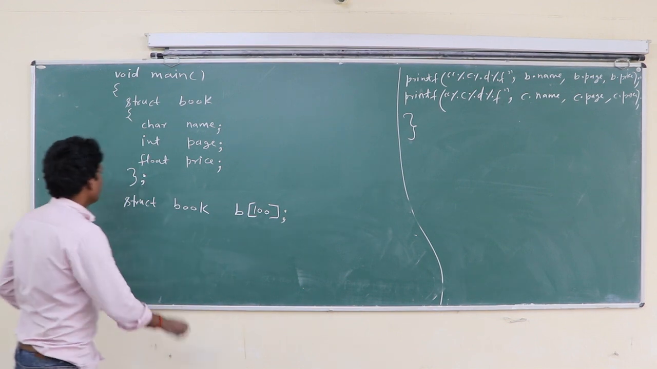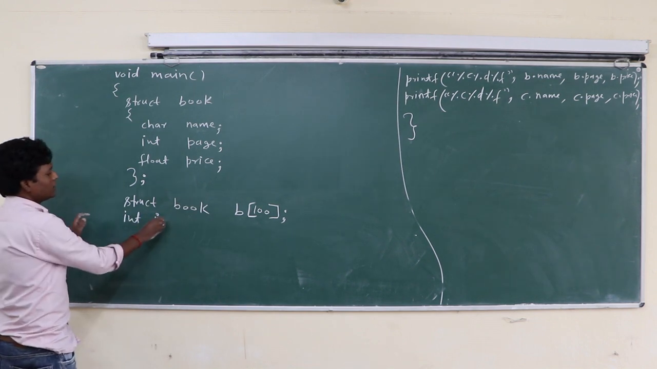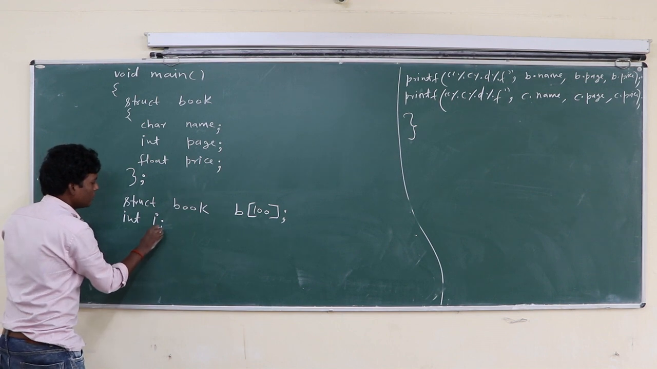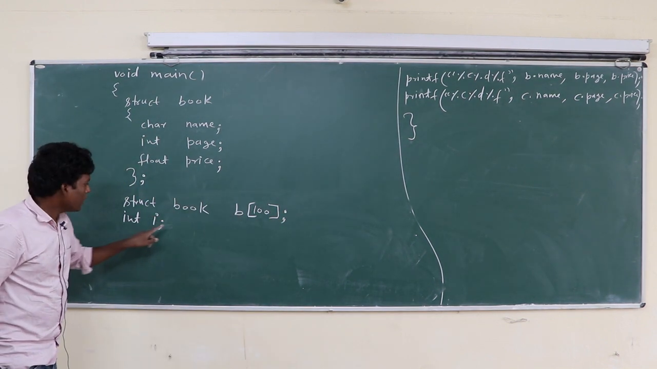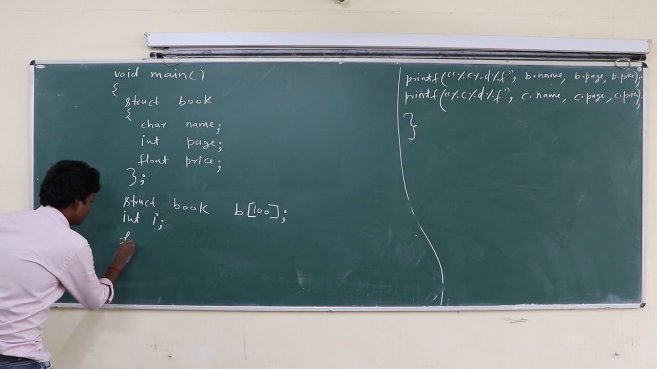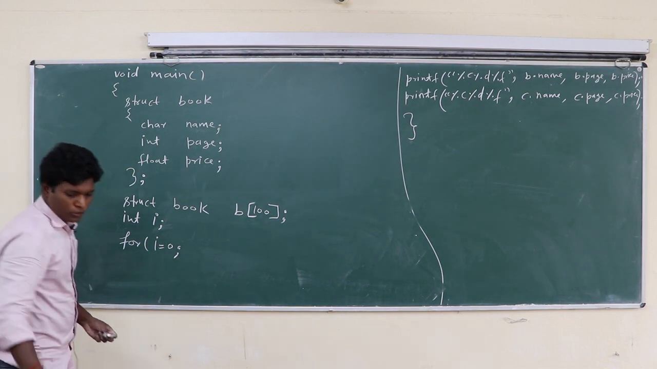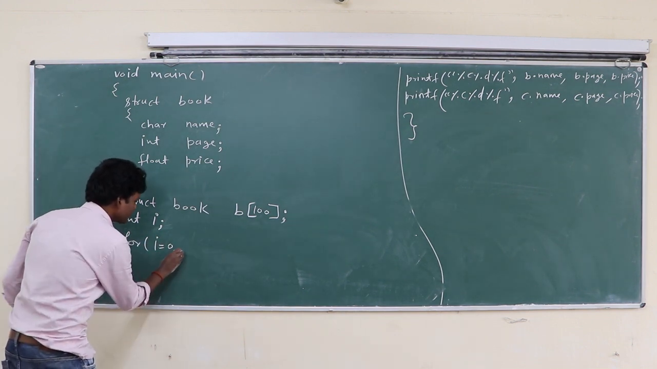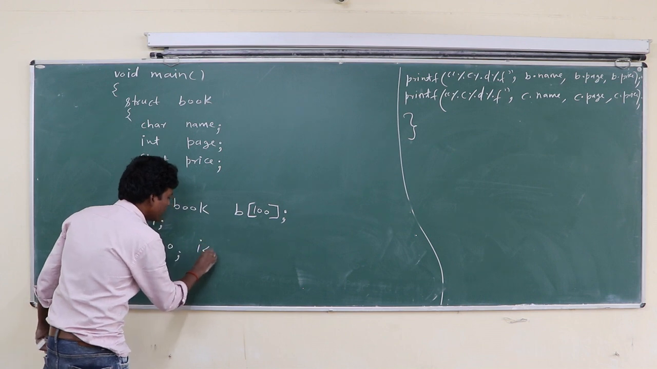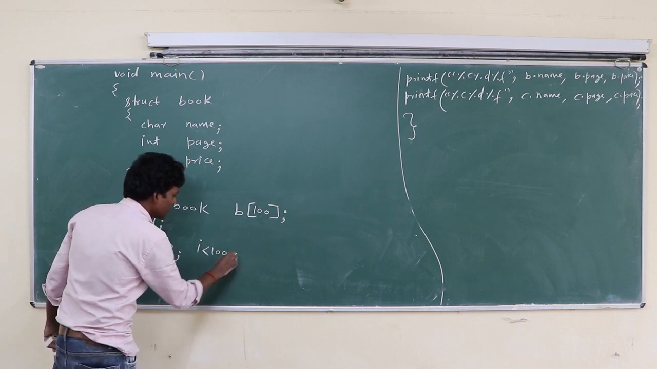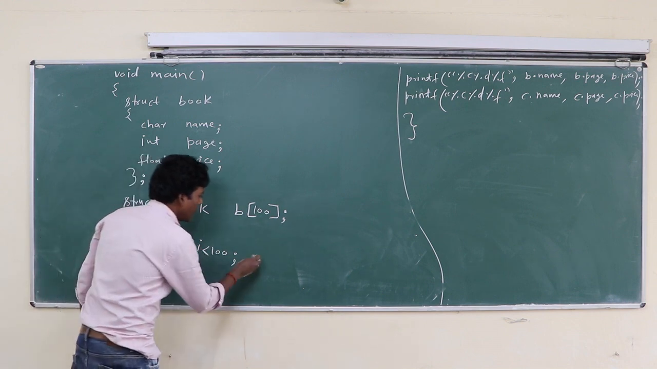Okay class? And one variable is int. Int i for the for loop. This is the variable. Okay class, B is a structure variable, I is an integer variable. Now for i equal to 0, i is less than 100, okay class, i plus plus,